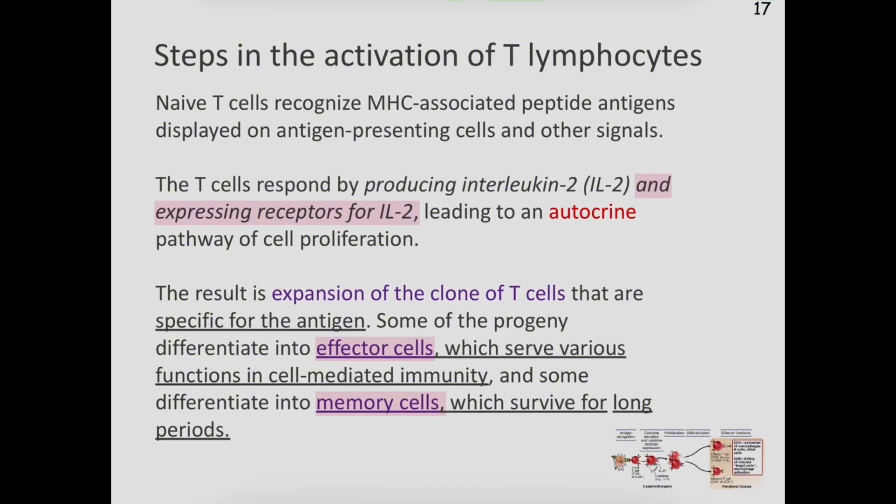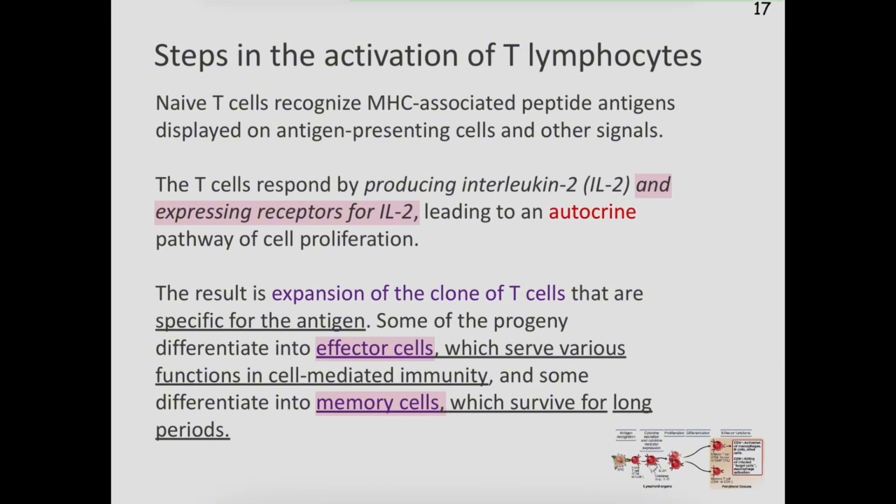So the T cells are going to respond by secreting interleukin-2 and expressing the receptors for interleukin-2, which leads to an autocrine pathway of cell proliferation. An autocrine is basically when the cell acts on itself. So it secretes something that is going to act on the same cell. And then this is going to result in the expansion of the clone of the T cell that are specific